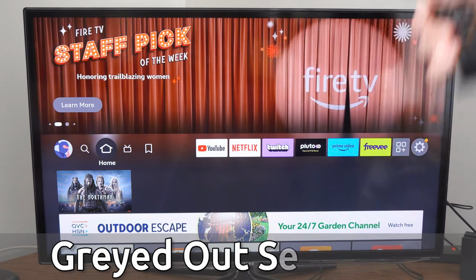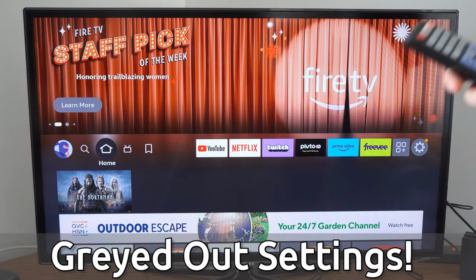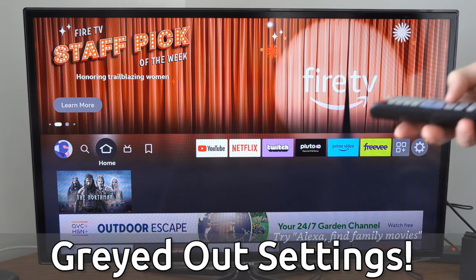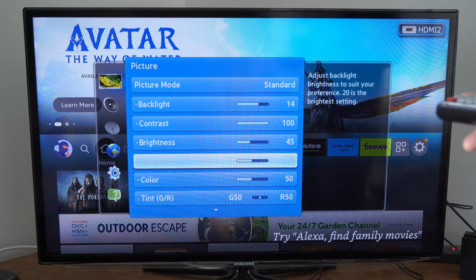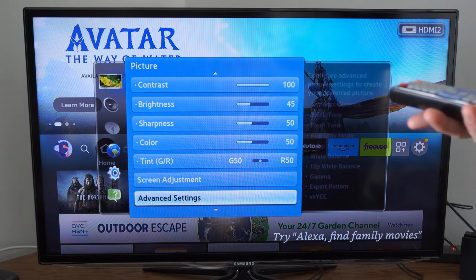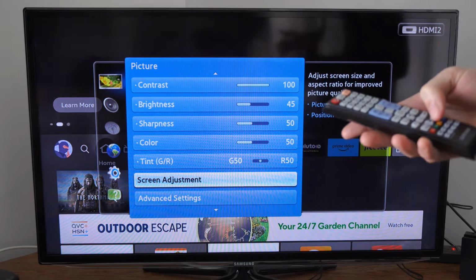Today in this video, I'm going to show you how to fix it when your settings on your Samsung Smart TV are grayed out and you cannot select them. So if I go to the menu and I want to go over to screen adjustments or picture settings right here, and if it's grayed out, what you want to do is close any application on your Samsung